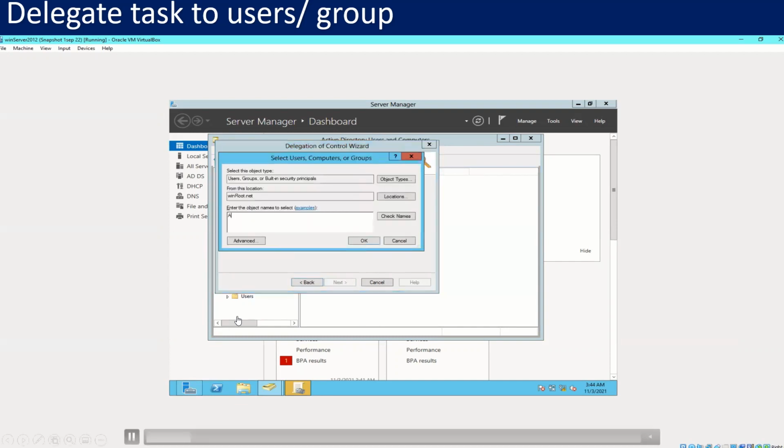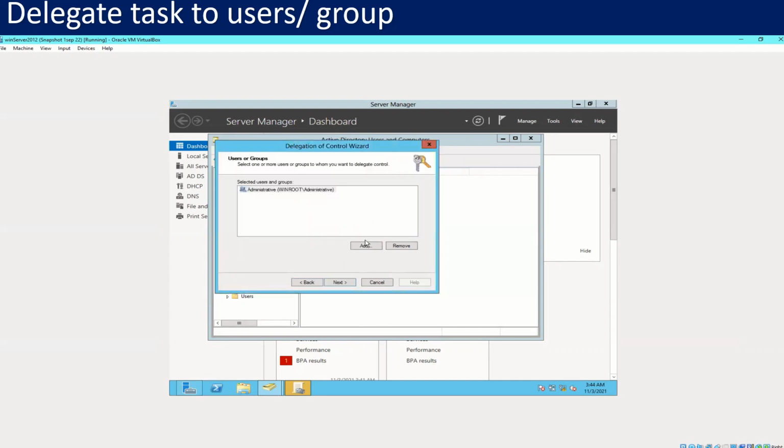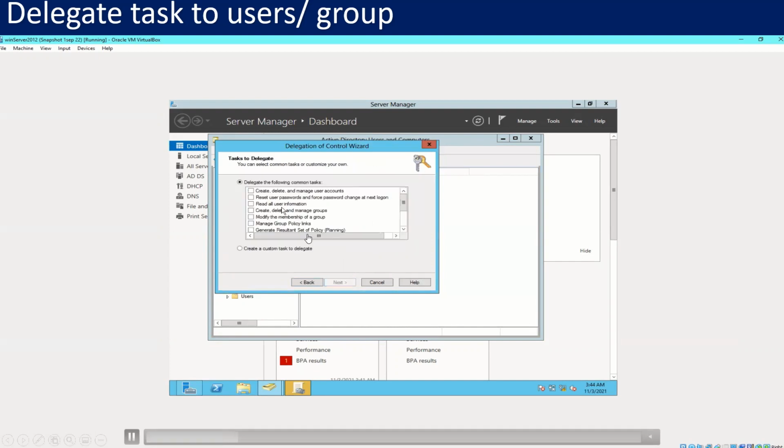So we will add the administrative group in the main office, the administration group in main office. Now it has been added. Next, we will assign the operations that can be done: create, delete, and manage user accounts,